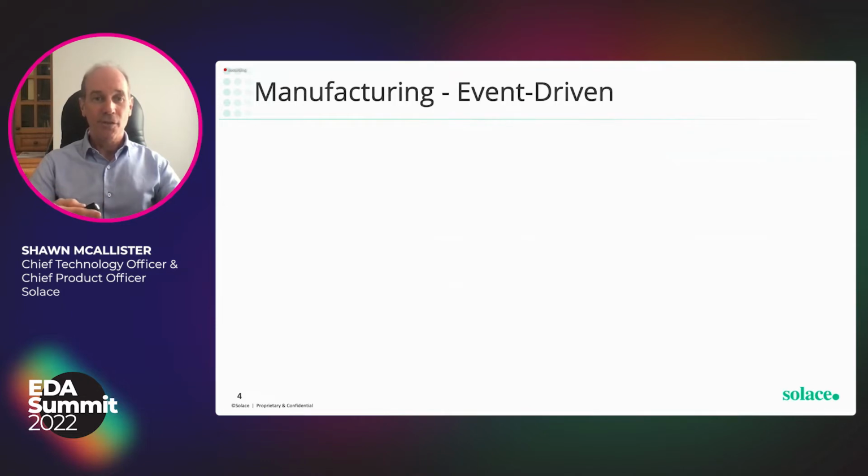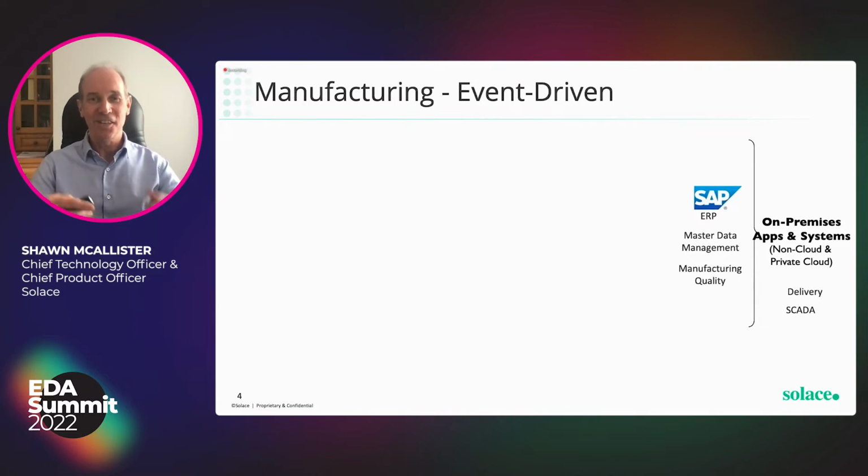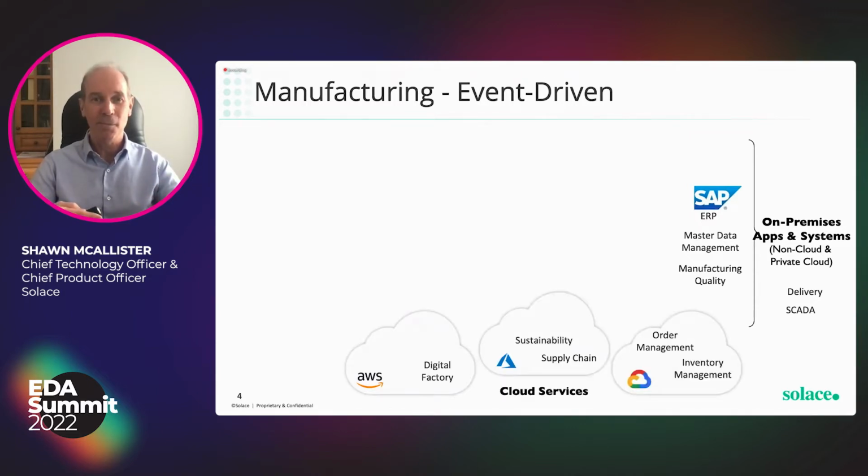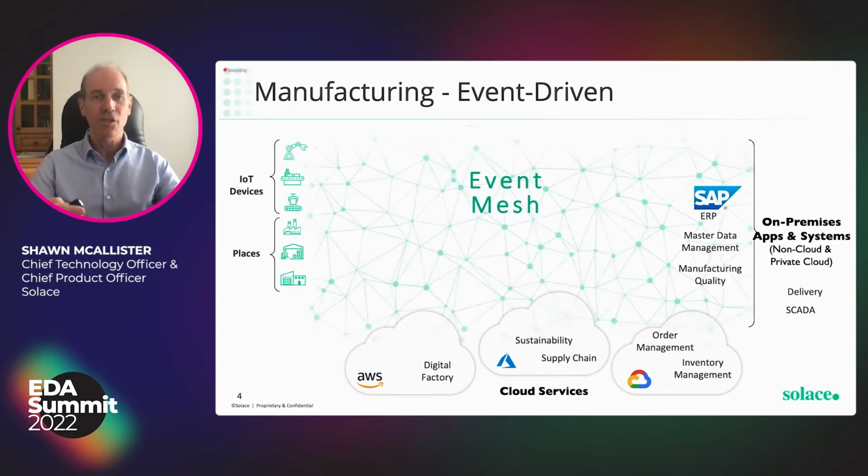And then if we turn to manufacturing, which is of course becoming much more event-driven also, you see a pattern emerging here, right, where there are systems on-prem, like your ERP, your master data management, and moving more applications to cloud services. So inventory management, order management, having digital factory initiatives, for example, supply chain management. They also have factories and they have very intelligent things in their factories today, lots of automation, again, all connected through an event mesh so that events that are produced in any of these places can be consumed in any